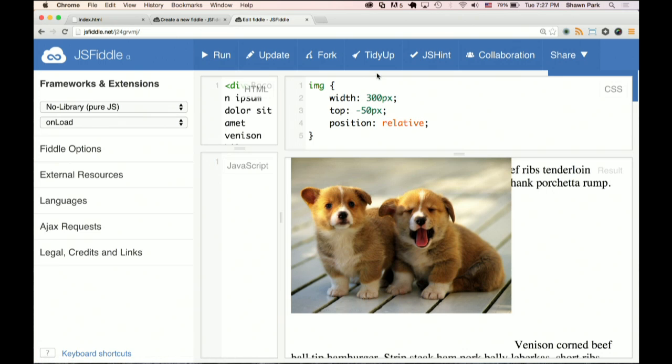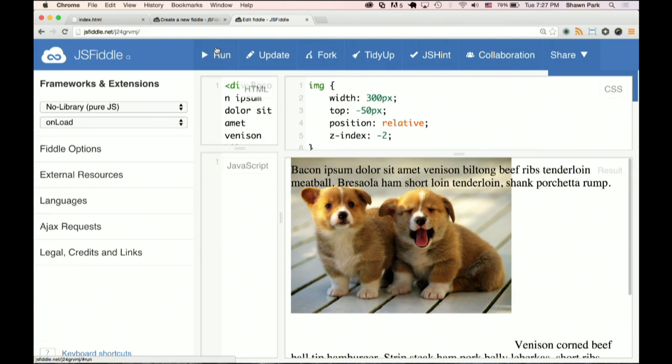Question over there? If you were to not have -1, if you had -2 or -3, would that mean you had more layers to go behind? So the question was, if instead of z-index -1, I used -2 or -3, would there be more layers? The answer is, I guess, yes in a way. In this case, there are only 2 layers, so it really just compares, is -2 less than 0? Yeah, so put it behind. But you're right. That does mean that if I had a really complexly laid out page, you could have a ton of layers. Not that that's necessarily a good practice, but yeah, possible.